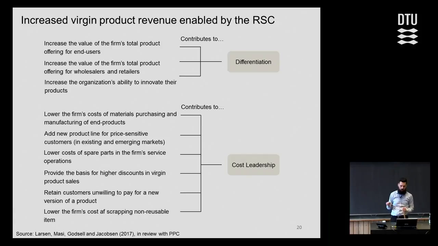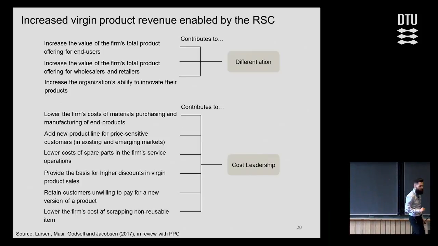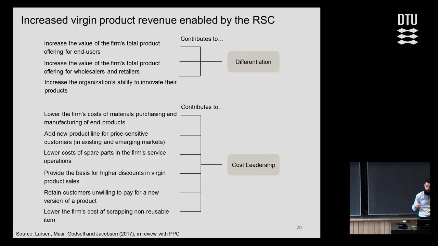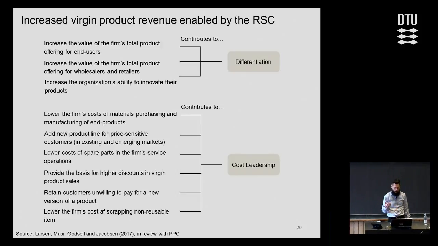The 6 ways that enable the firm to compete better using the cost leadership strategy. Let's take the first one: lower the firm's cost of materials purchasing. If the firm reduces the costs of their products because they're able to do this, then that increases their ability to compete with this strategy. They can take back a product, refurbish it, and then resell it as a lower cost product. That's the second one. They can reuse spare parts and then lower their costs of spare parts and then again